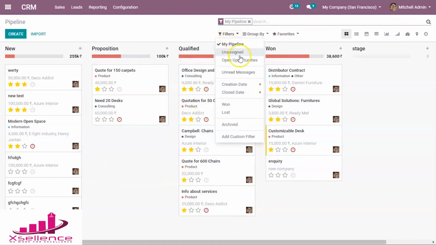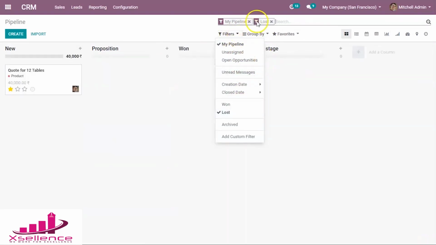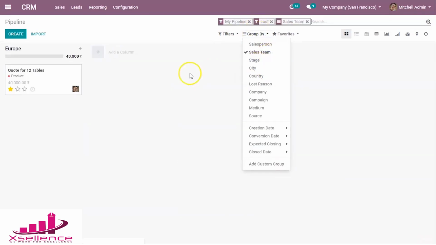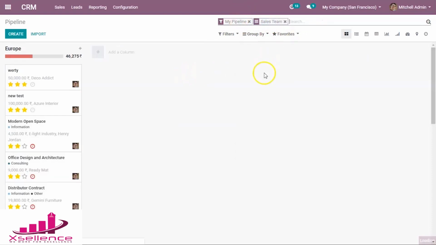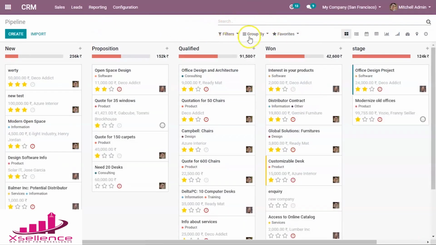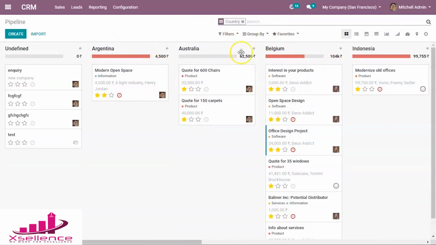We can use the filters, such as lowest and won stage and the lost stage, and we can use the group by and view the sales team wise view, and country wise, or we can use the filter and group by.